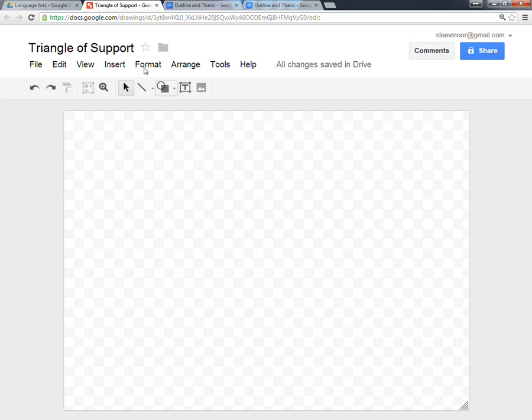All right, so this is an instructional on how to write a paragraph. I'm going to start with what's called the triangle of support. The triangle of support is a graphic representation of what every paragraph in your research paper should